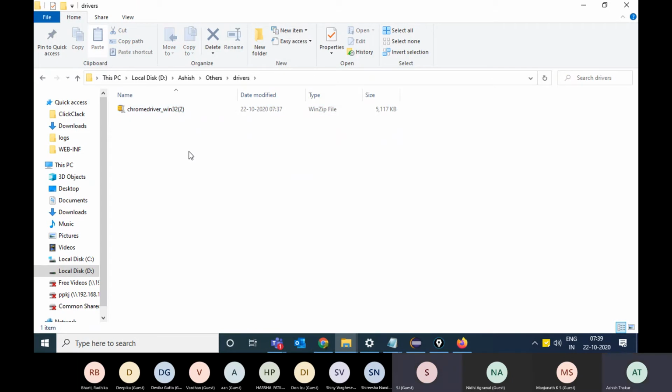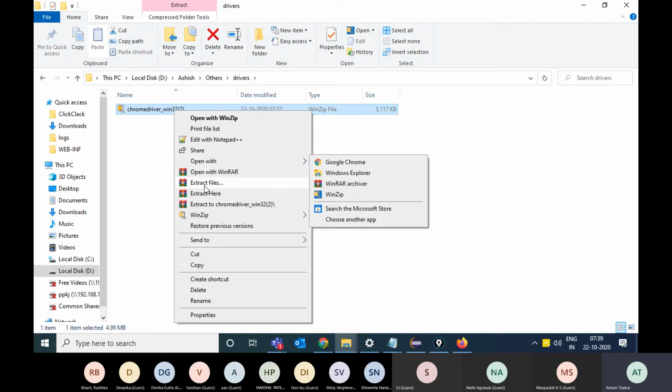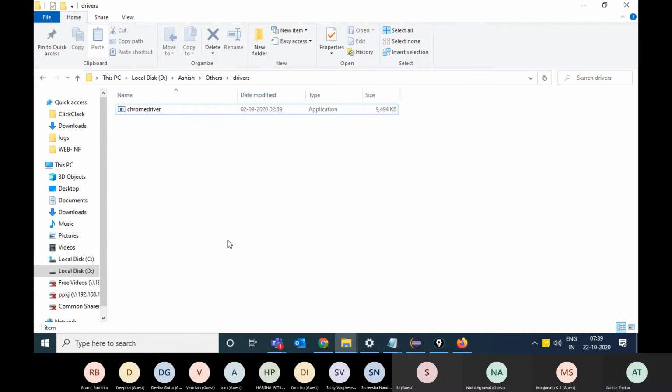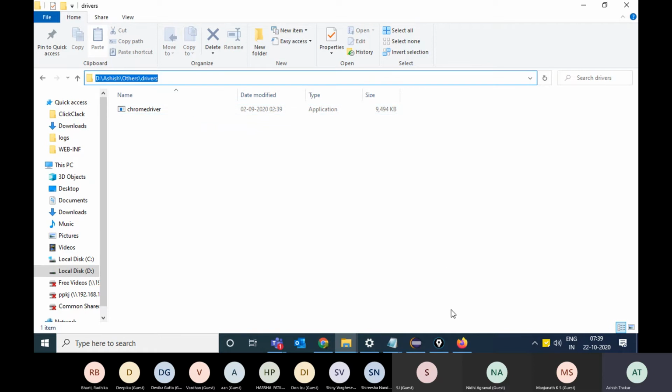No, you don't think about users, think about your automation script. Automation script requires this exe. It is not about users. In order to automate Chrome, you need to have this exe in your path. You cannot directly automate Chrome. Selenium has to send a few commands to the browser. It cannot directly send those commands. It will emulate or simulate sending those commands through this exe.